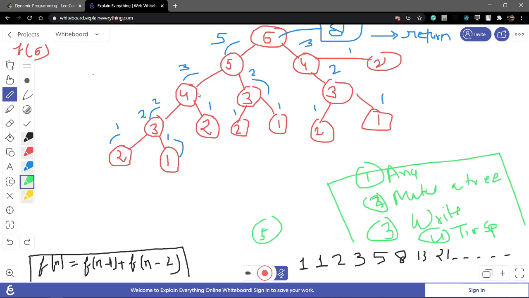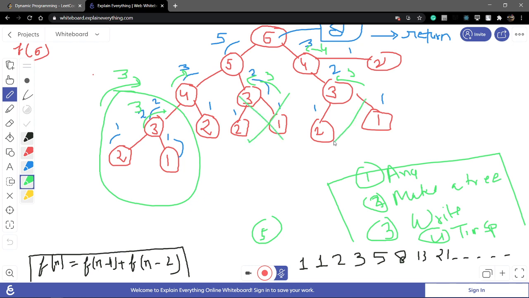The value of the same circle is always the same, because the return value of the fourth element is the same in that part, and the return value of the third element in that part is the same in all the tree parts. So if I already know the value the third element returned from this side, we do not need to find it again from this side.